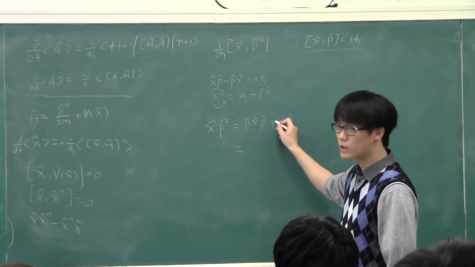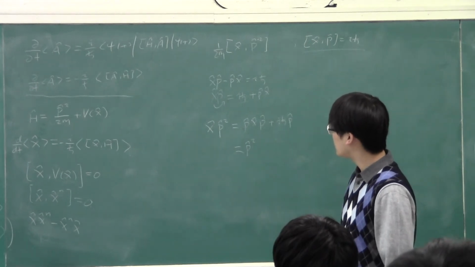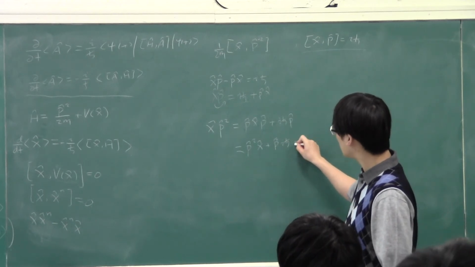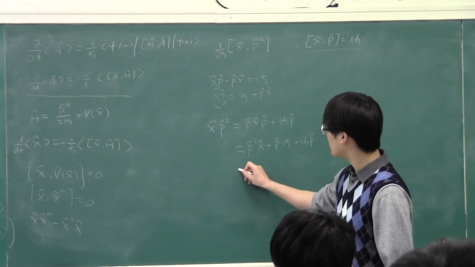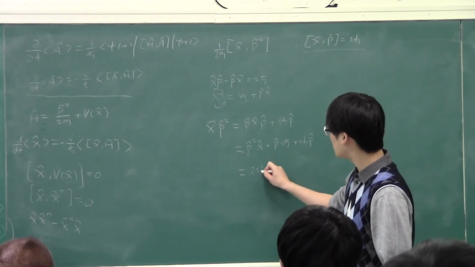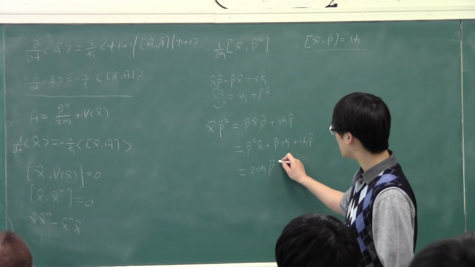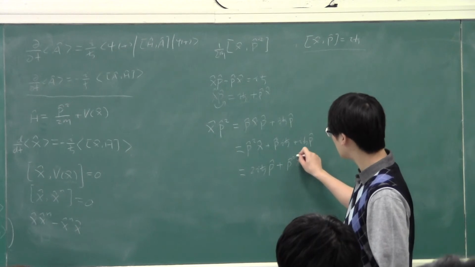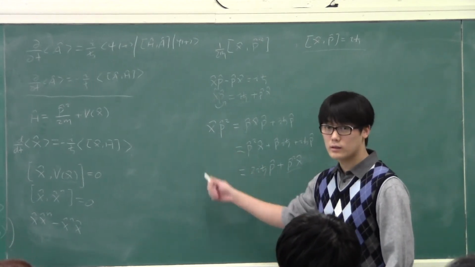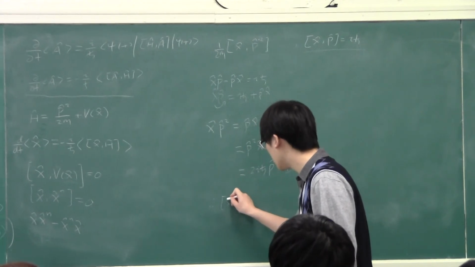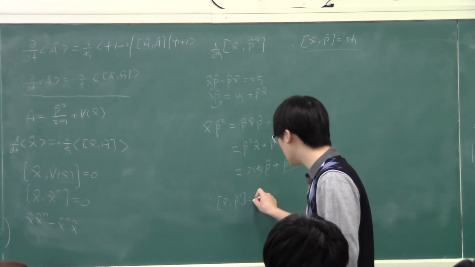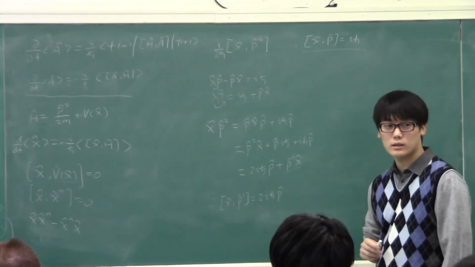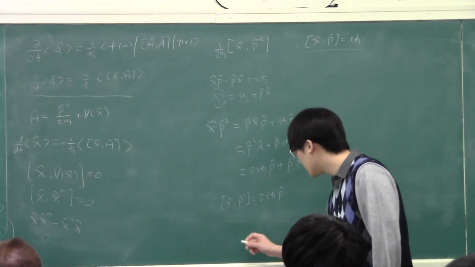So now I take it across twice. p squared x plus, so really this is just twice i h bar p, plus p squared x. So now if I move this across to this side, we get that the commutator between x and p squared is just equal to twice i h bar p. Correct? Okay. So if I divide by 2m, I'm going to get